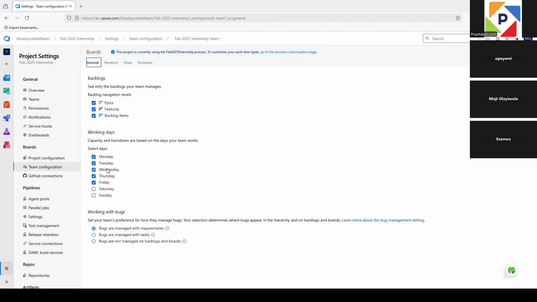Good. That means we're going along as we're going. So the next thing we want to do also is to ensure that we're able to add some columns. So before we go to our board, I just want us to quickly configure the work items also. So for us to be able to configure our work items, we need to go to